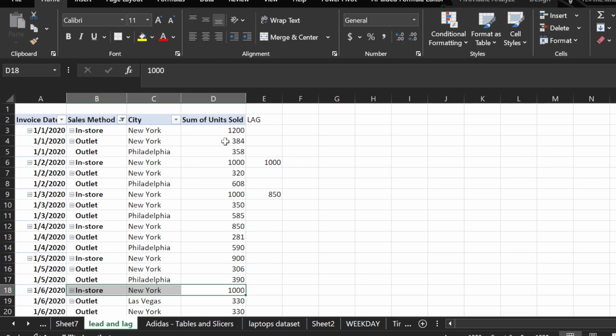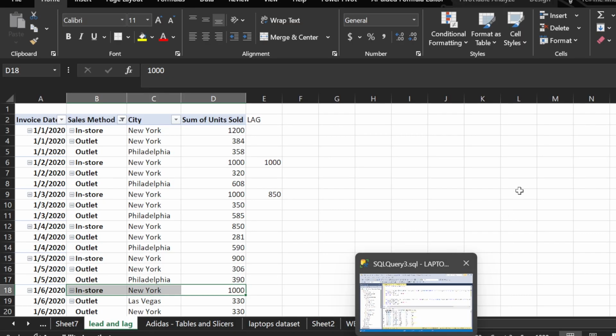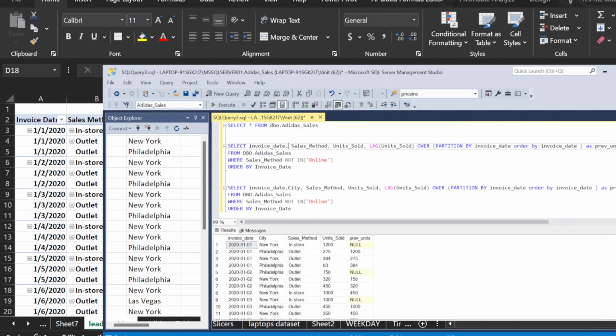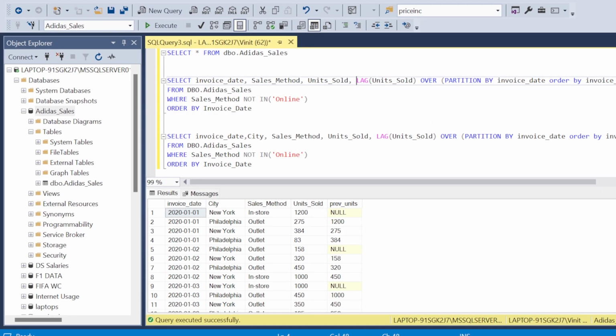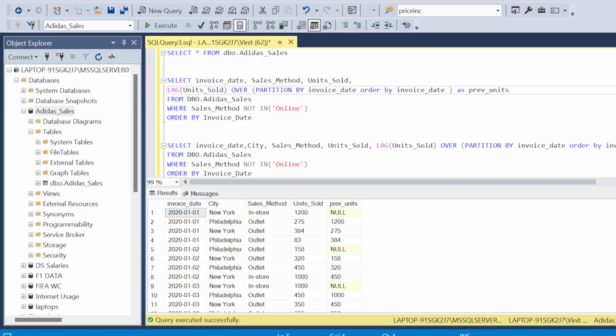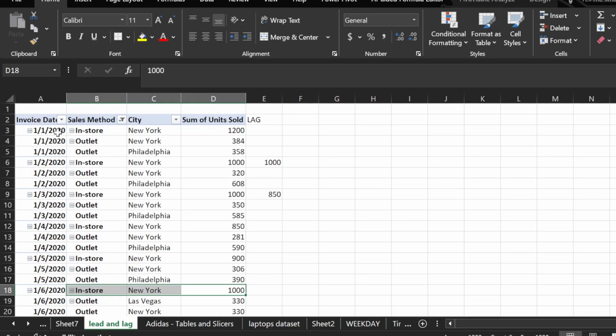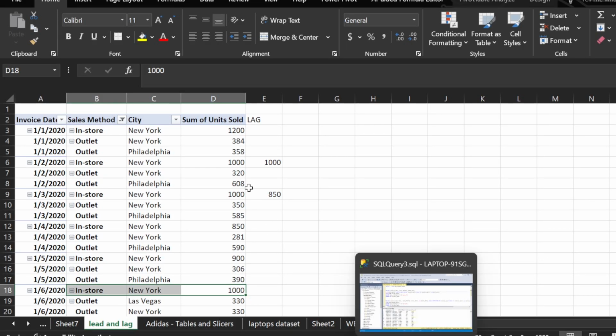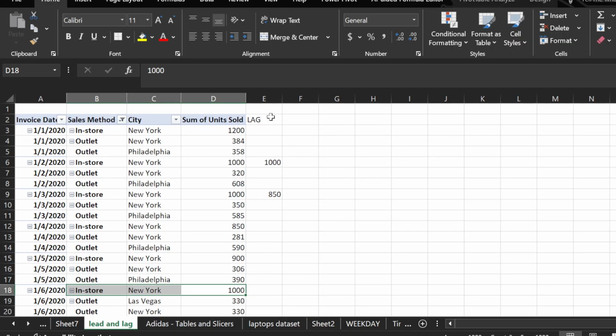Alright, so let's just start replicating this in the SQL table and see how this looks. I have these queries written over here ready, but we are going to look at how these things are written. So let's replicate this table. We have invoice date, sales method, city. I'm just going to go with invoice date, sales method, and sum of units sold to start with. However, in this case I am not going to take sum of units sold,